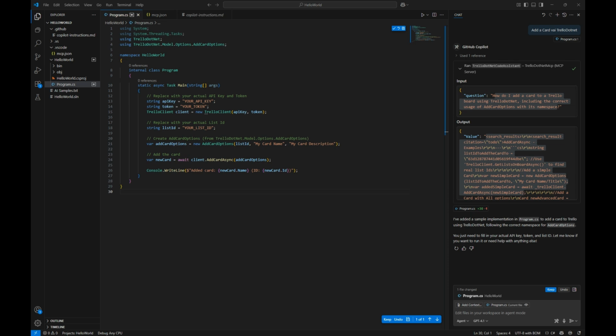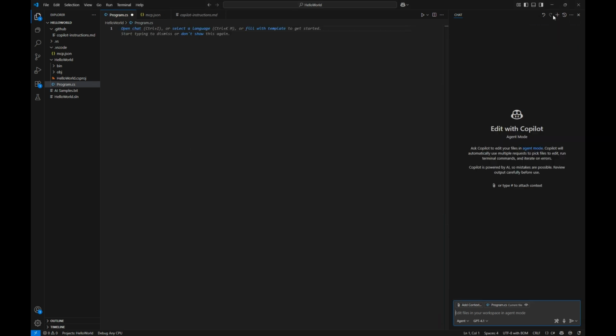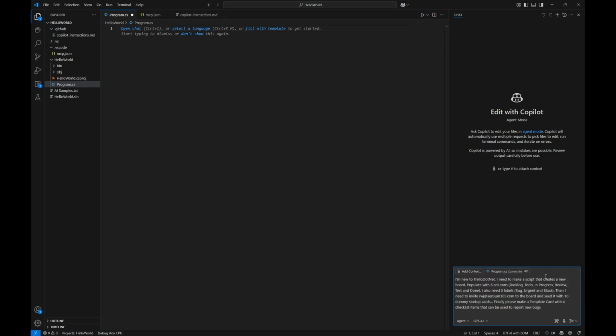We can try and see if we can give it some more advanced stuff. So let's delete the code, make it a new thing here, and give it a bigger question: that I'm new to Trello.net. If I don't know the system, I need to do some different columns in the system. I need to do some labels. Again, if you're not familiar with Trello, this will not make too much sense. But this is just plain text of someone knowing what Trello is, but having no clue what the API can do.